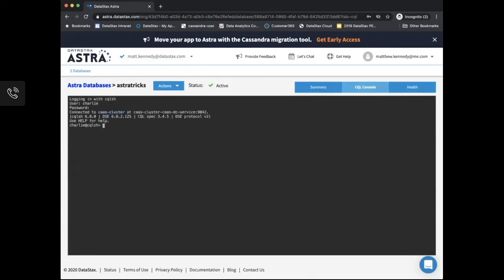And now, having shared a simple CQL user with another Astra user, I've been able to share access to this database. This user can now create tables to their heart's content and use the database, all without having any access permissions that the owner doesn't want them to have.